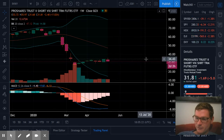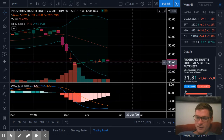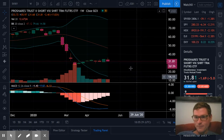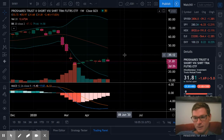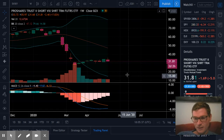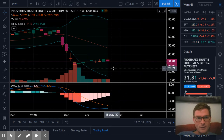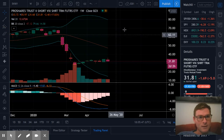It'll stay kind of flat, and then if and when volatility does spike and this thing goes down, it can go down by like 50% in like 2 days, and it will never come back to where it was. It'll just get down there and stay down. So it's a really easy thing to short, and it's easy to short it with a long-dated put option. And this is the SVXY, the inverse,